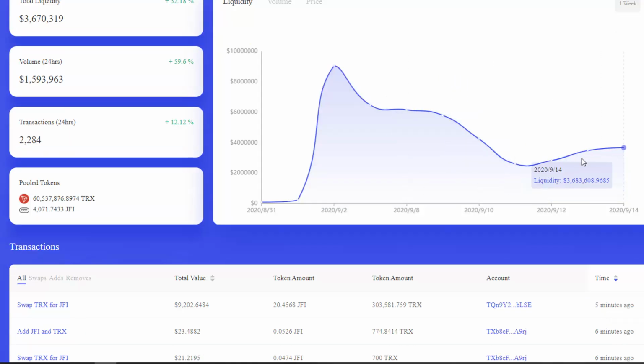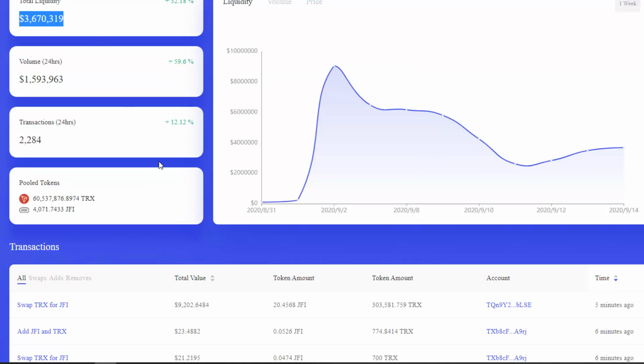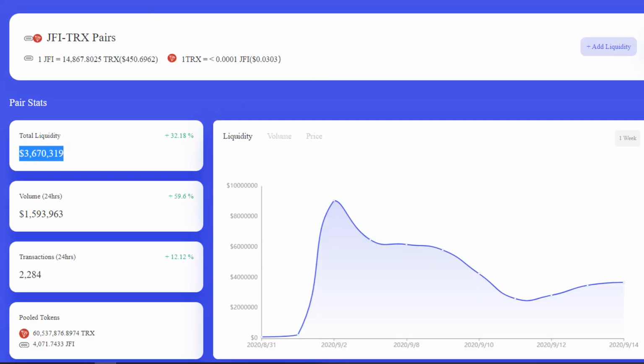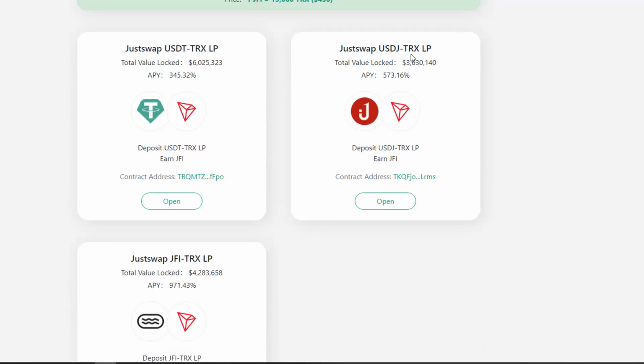So if we go to JFI, okay, it's taken a bit of a dump here, but I think it's on the way up. Look at the liquidity. It's still 3 million. There's a lot of liquidity there, even though these people at 9 million, they probably took some profits, which I don't blame them. And then it's sort of gone down. The reason why this has gone down, I believe, is because of Bitcoin. But I think that now with these new exchanges, it should keep on going up slowly. If it remains steady and goes up, you can mine the native token, but it's still risky because of impermanent loss.